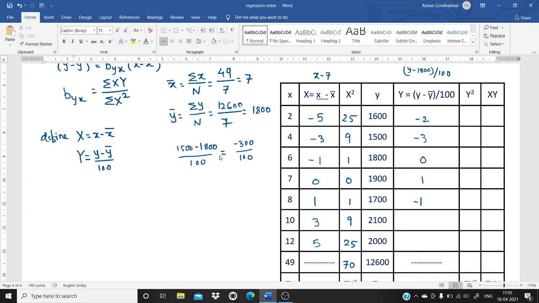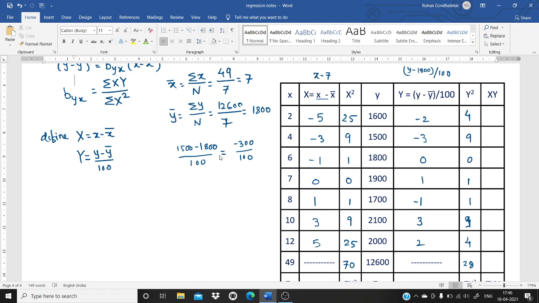For 2100, just measure this. It's very simple right now. 1800, then 19, then 20 and 21. So the difference will be 3 here. Just go and take their squares. This is 4, 9, 1, 0, 1, 1, 4. Sorry, not 4, it's a 9 and then 4. And the summation will be 28.